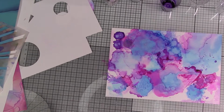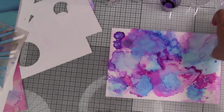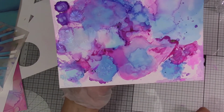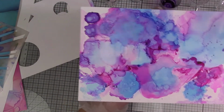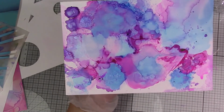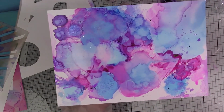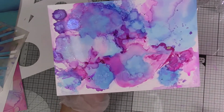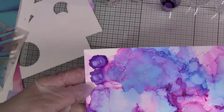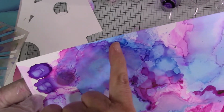So that is just playing with it, really. That's all the different kind of techniques and things that I tried. Even just that experimental dabbing around, it's still got some really pretty bits, and I think probably what I would do with this is cut it in half and make them into a background for a card. I'd end up putting a big background die cut on it or something with these colours and patterns just peeking through. There's certain little bits of it I really love, like that around the edges there,